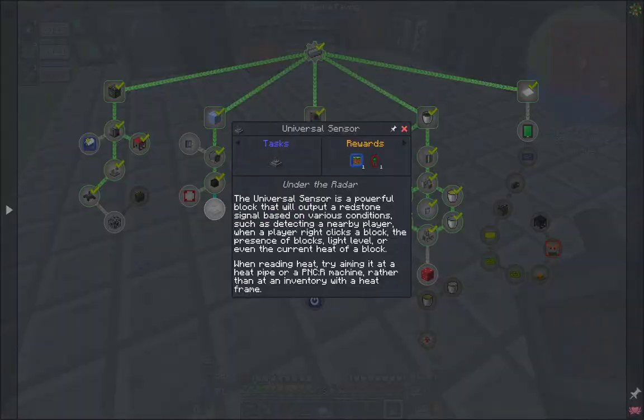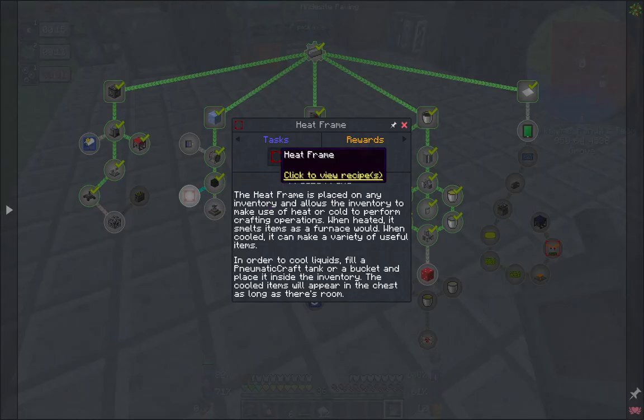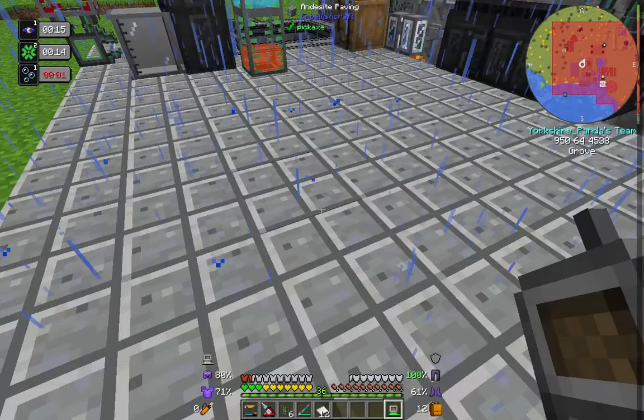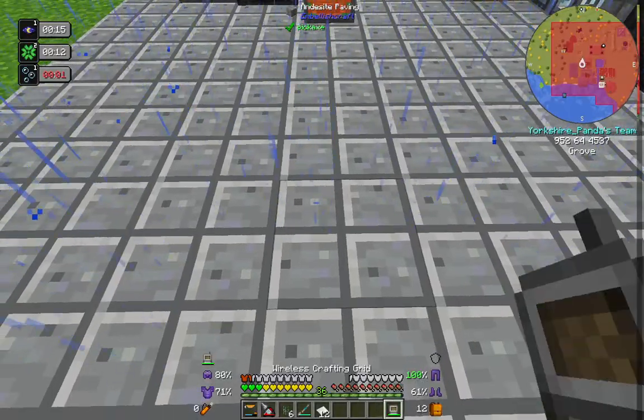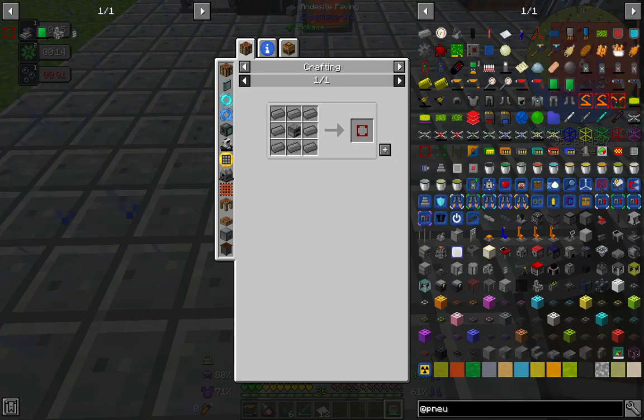There we go, the universal sensor. And the heat frame, which I'll show you actually. The heat frame is quite cool. So if we build a heat frame,